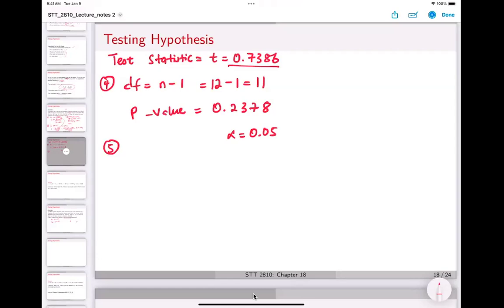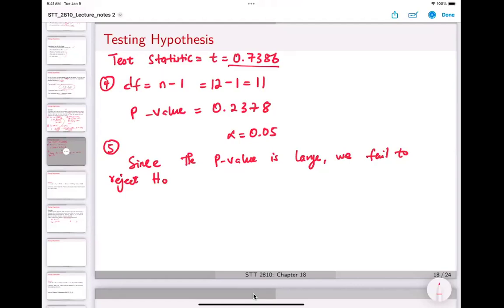Is that clear? So we can say that since the p-value is large, we fail to reject H naught, or we fail to reject the null hypothesis. Is that okay? Even in your case, because your exams and everything is multiple choice, you just have to understand some key stuff because those words are written for you. You just have to be able to decide if p-value is small or large, do we reject or fail to